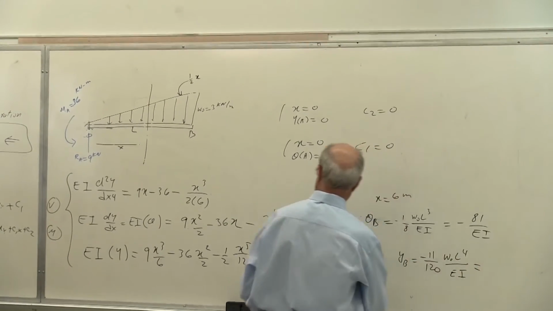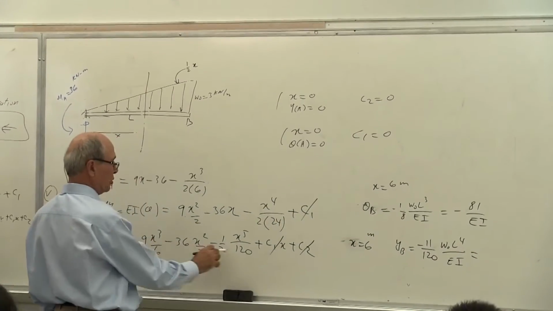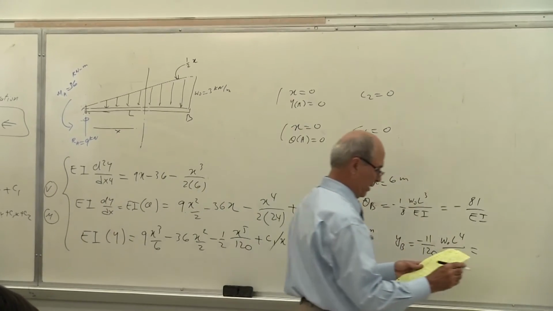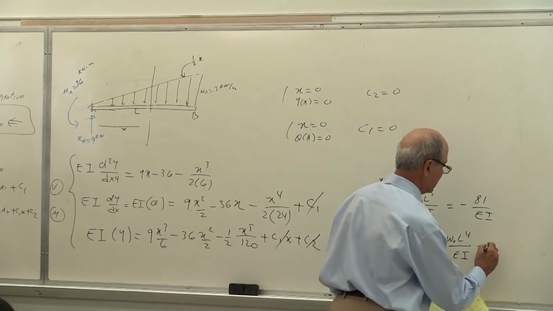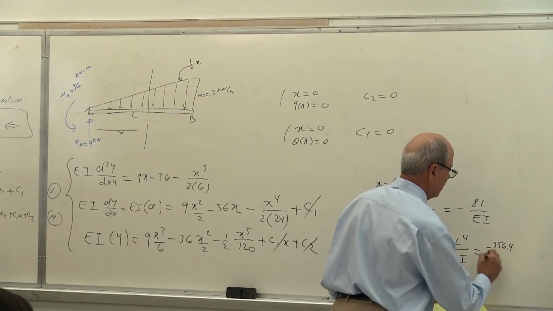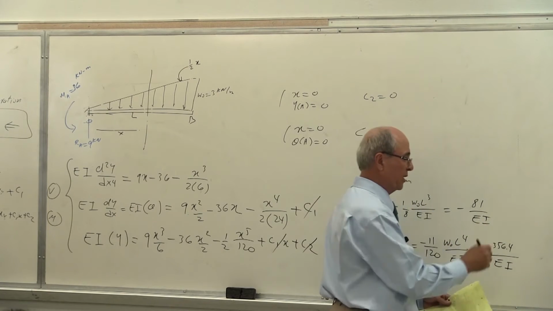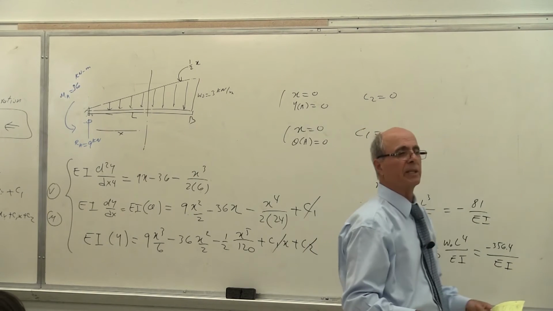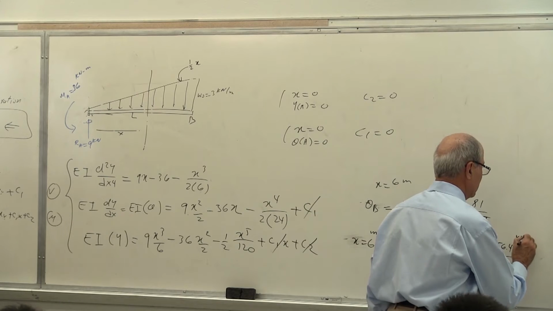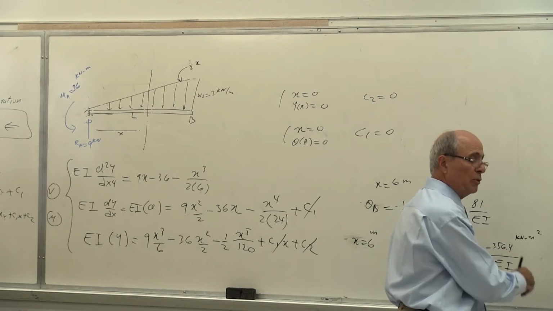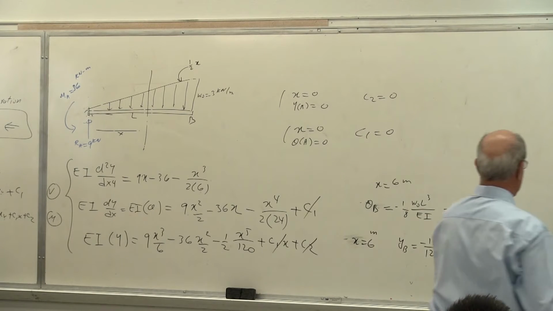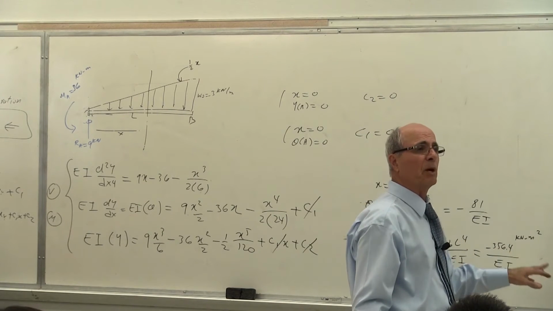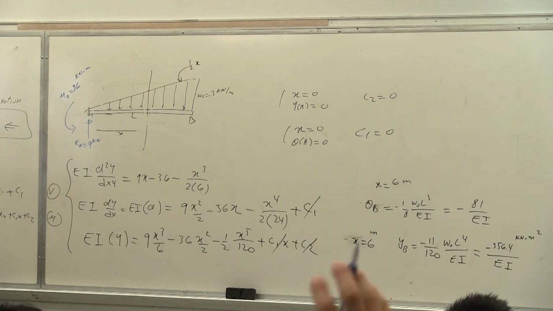Or for our problem, we put x equal to 6, and you get minus 356.4 divided by EI. Of course, there is a unit of kilonewton meter square there. So this is kilonewton meter square. Whatever you use, you have to adjust it at the end. If this is Newton meter square, all you have to do is multiply that by 10 to the power of 3, because you don't have any foot-inch conversion. Everybody understand it?